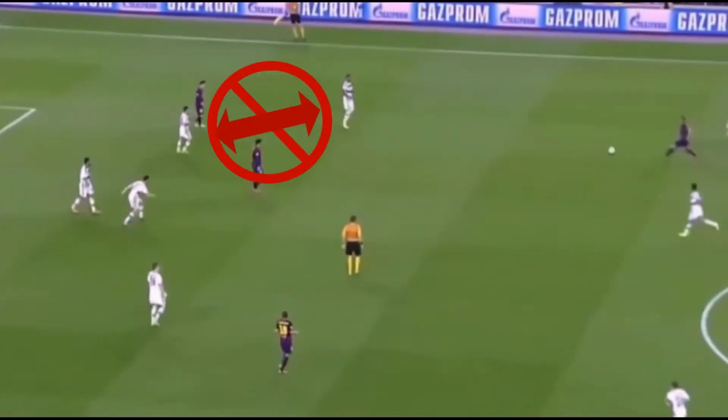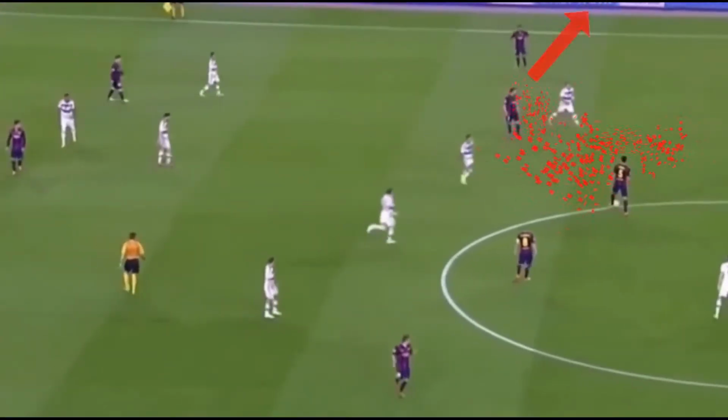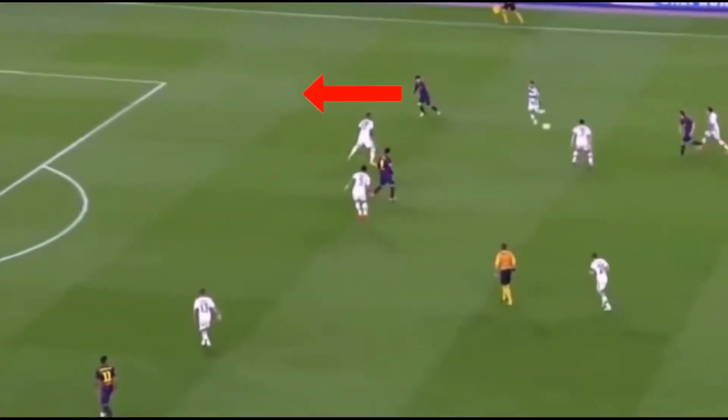At first, there is no passing lane for his center mid Rakitic to play him, so he continues to walk. And after that, he can see that their bodies aren't shaped up to play him, and they may not be looking in his direction either. But you'll see it right as Rakitic starts to turn with the ball on that first touch. Messi starts to make adjustments, and he starts to get his body moving in the direction he wants to go